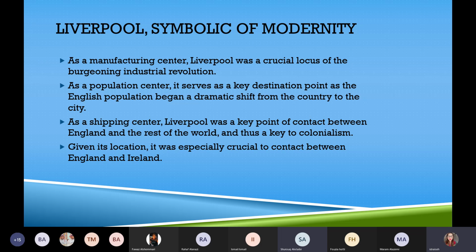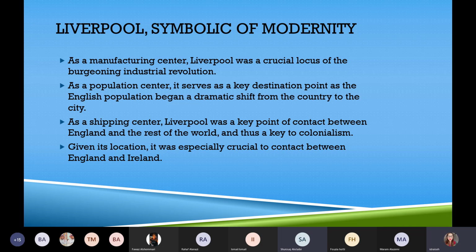It serves as a key destination point as the key English population began a dramatic shift from the country to the city. As a shipping center, also Liverpool was a key point of contact between England and the rest of the world. And basically, it was linked also to colonialism. This is how England colonized the rest of the areas where it ultimately colonized. It was through those shipping centers, because these shipping centers were their connection to the rest of the world,